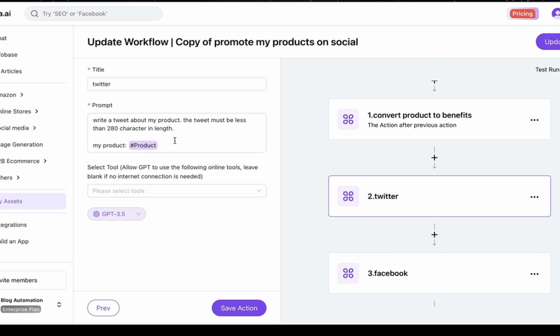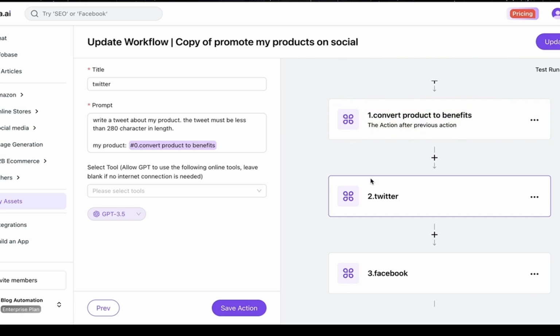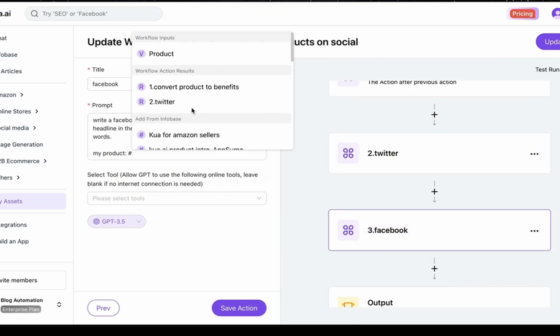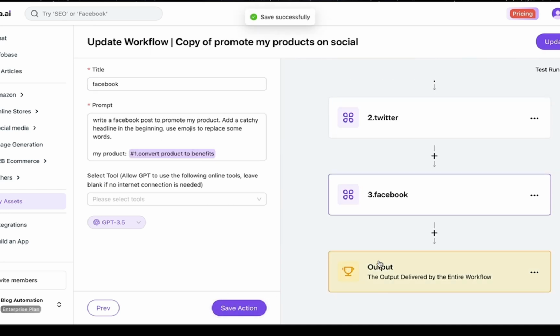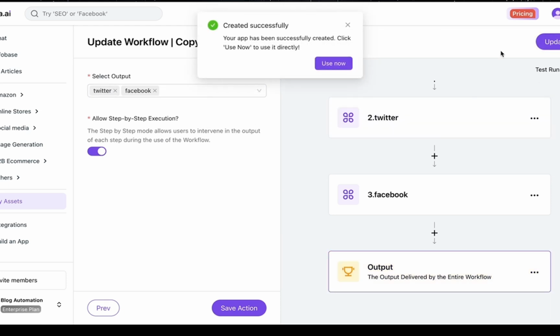In this stage, product. Okay, remember, click the save button. And then I need to change the input of the Twitter writer from product to benefits, right? So that's the input now changed to the output of that step. Click save. Again, I will do the same for the Facebook writer. Change the input into benefits. Again, save action. Output, it will still be the same. And I click update. So now I have a new workflow which runs in a chain,